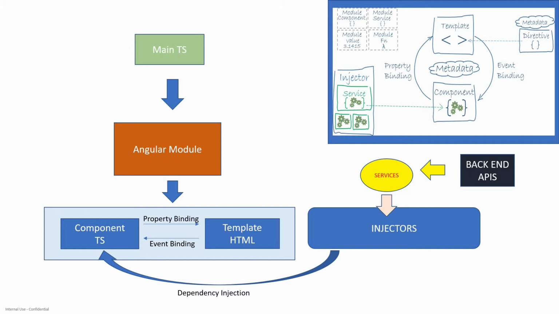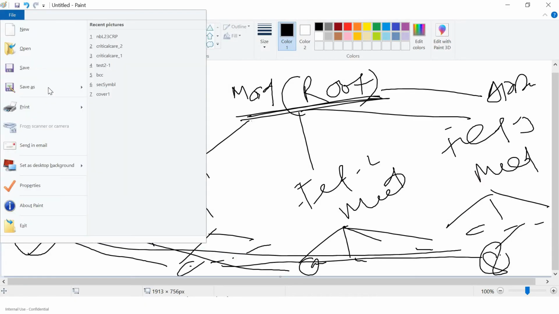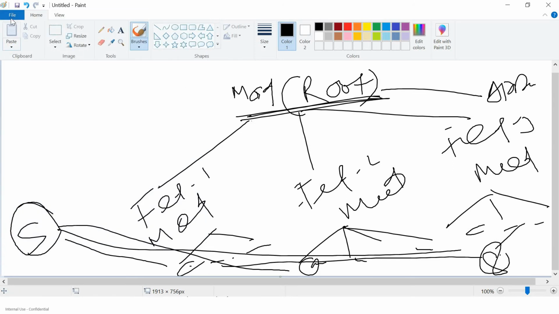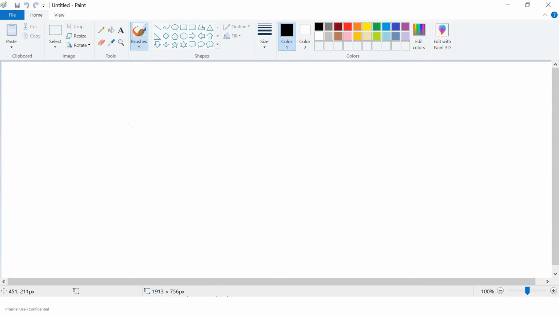We'll involve this in a real simple project and create a simple page where we'll be using multiple modules. We'll see one module communicating with another, and a service pulling data from a backend API. The injector concept, dependency injection, we'll see there also. So let's go to the sketch and see once. Let me clean this.